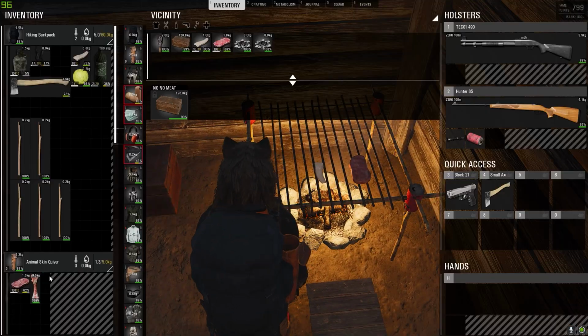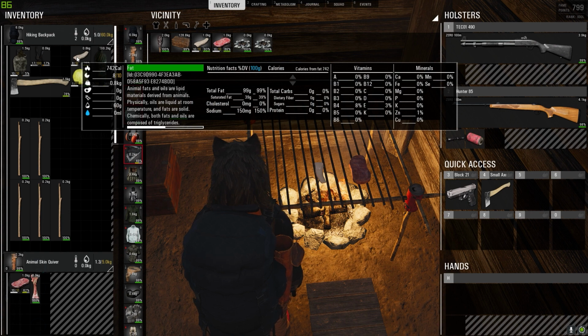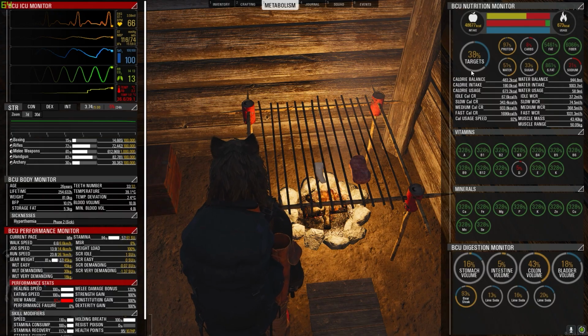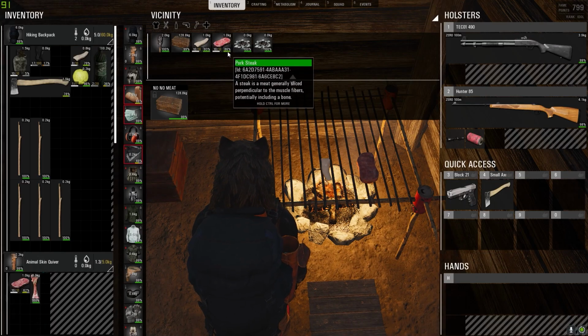So a little pointer about any kind of food in the game. If you hover over the food and hold control, it'll bring up the nutrition facts about that food. It can show you what it'll do for your character and how it can help your metabolism. So we're going to continue to cook this steak, but as you can see, the steak started to actually burn,